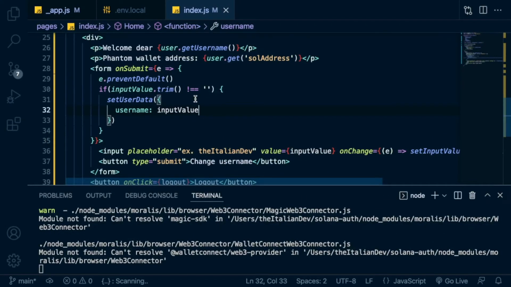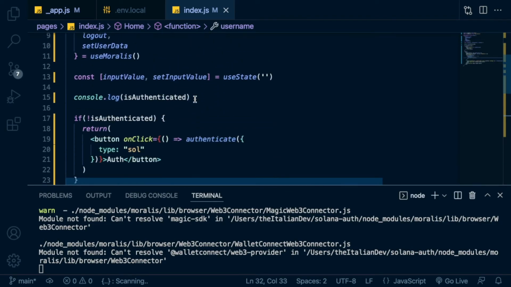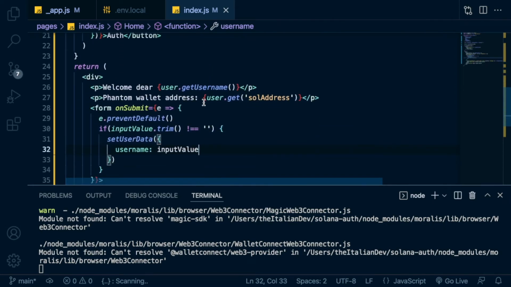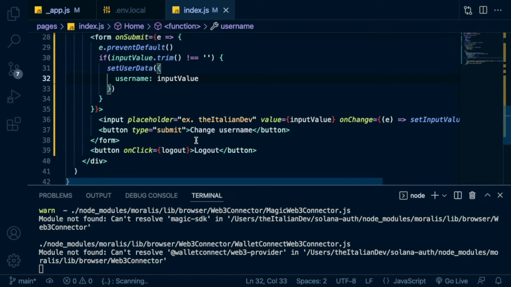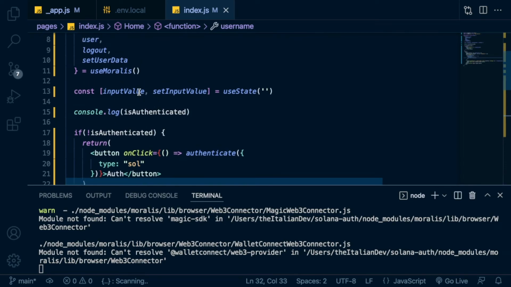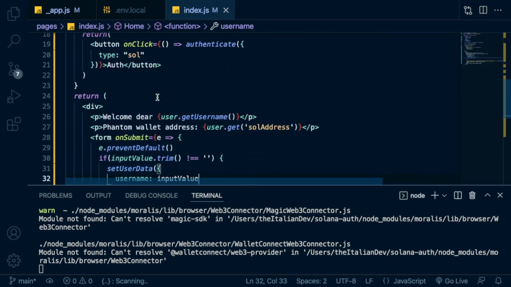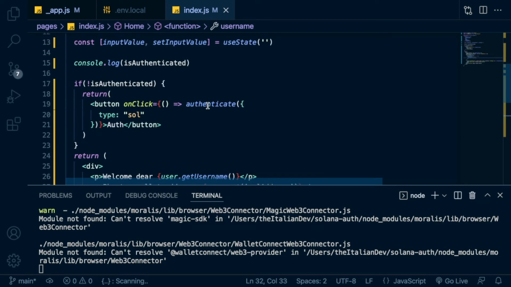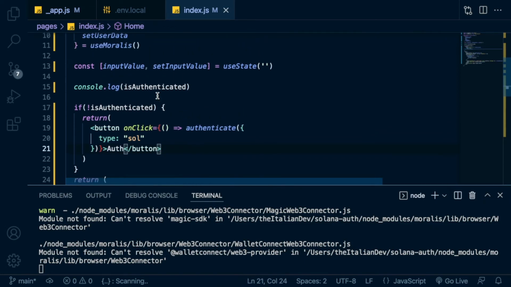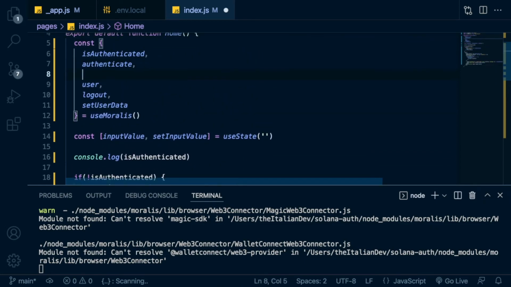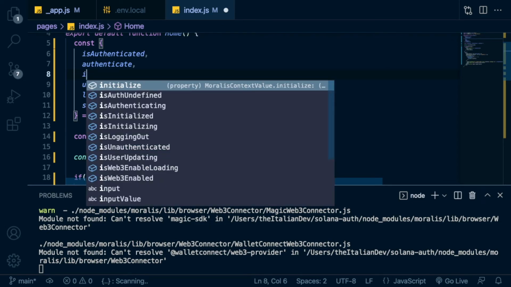And there is something else that we can add just to make our authentication flow a little bit more fancy. We can disable each of these buttons we have right here, again making advantage from some boolean values that are destructured from the useMoralis hook. Look what we have. Here we have an authenticate method that is fired up by this button. So under authenticate we can grab a boolean that is